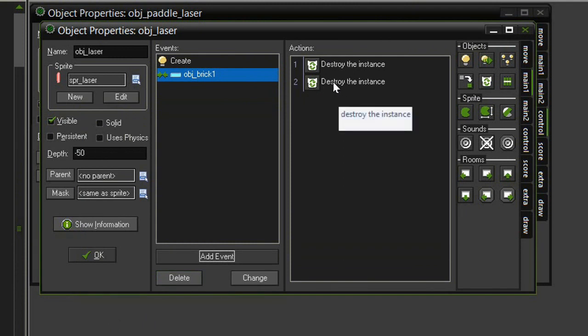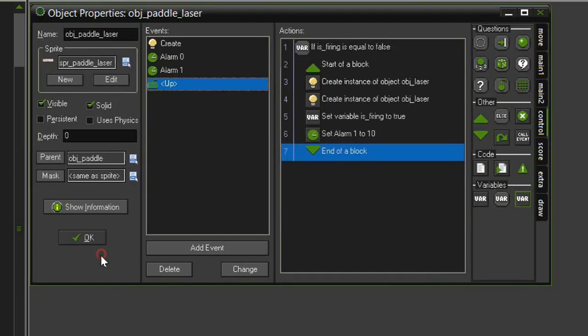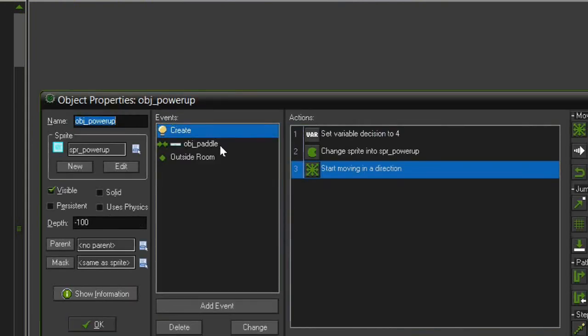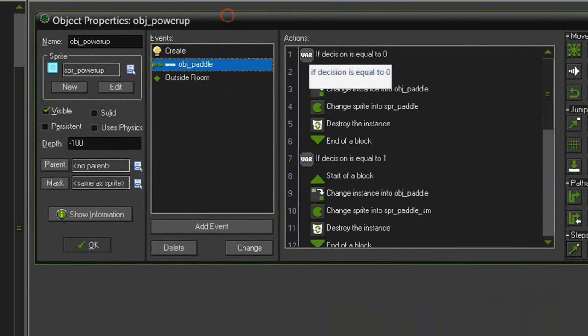Remember, the order here is important. We want to destroy the brick before we destroy the laser, otherwise we'll have an action that GameMaker will not have an object attached to. So we can close this now. Close this one, and then finally we need to open up our object power-up, come to our object paddle collision,